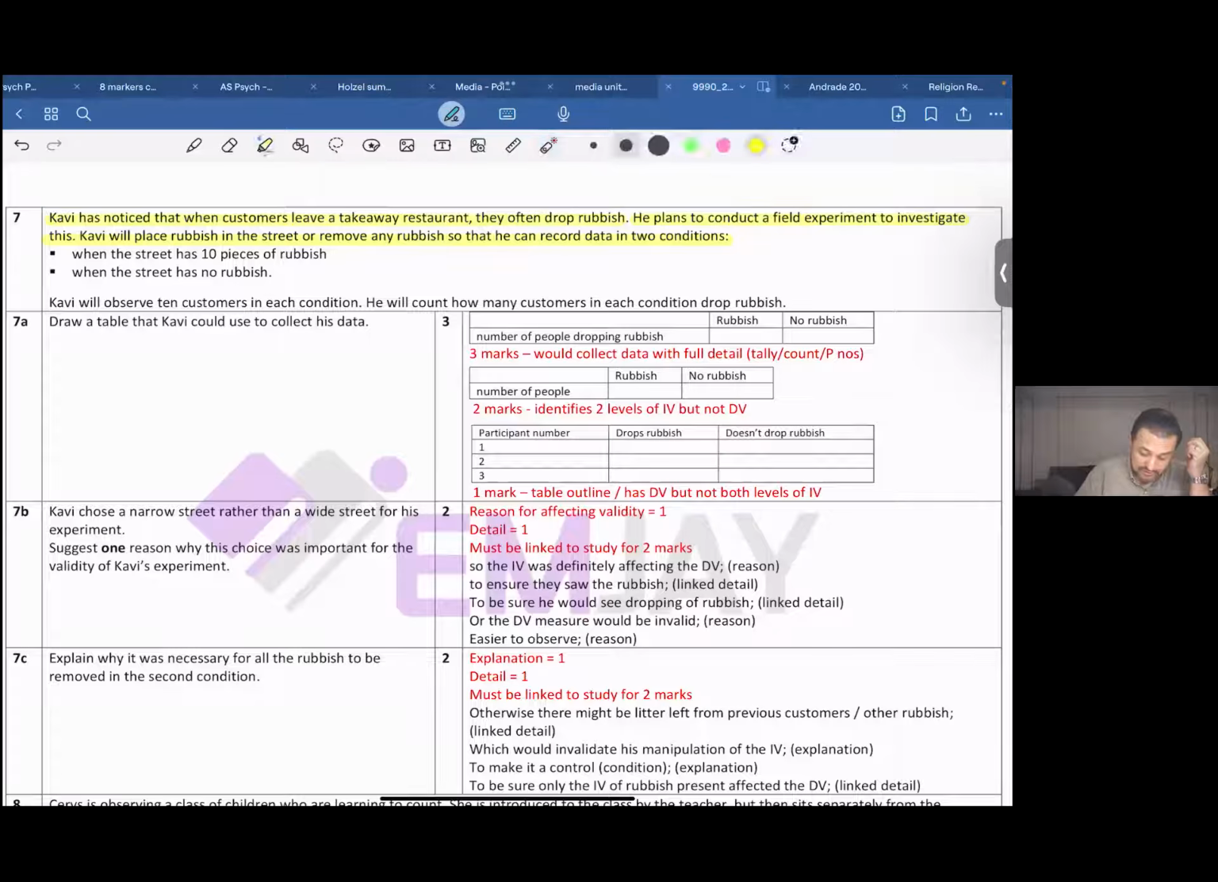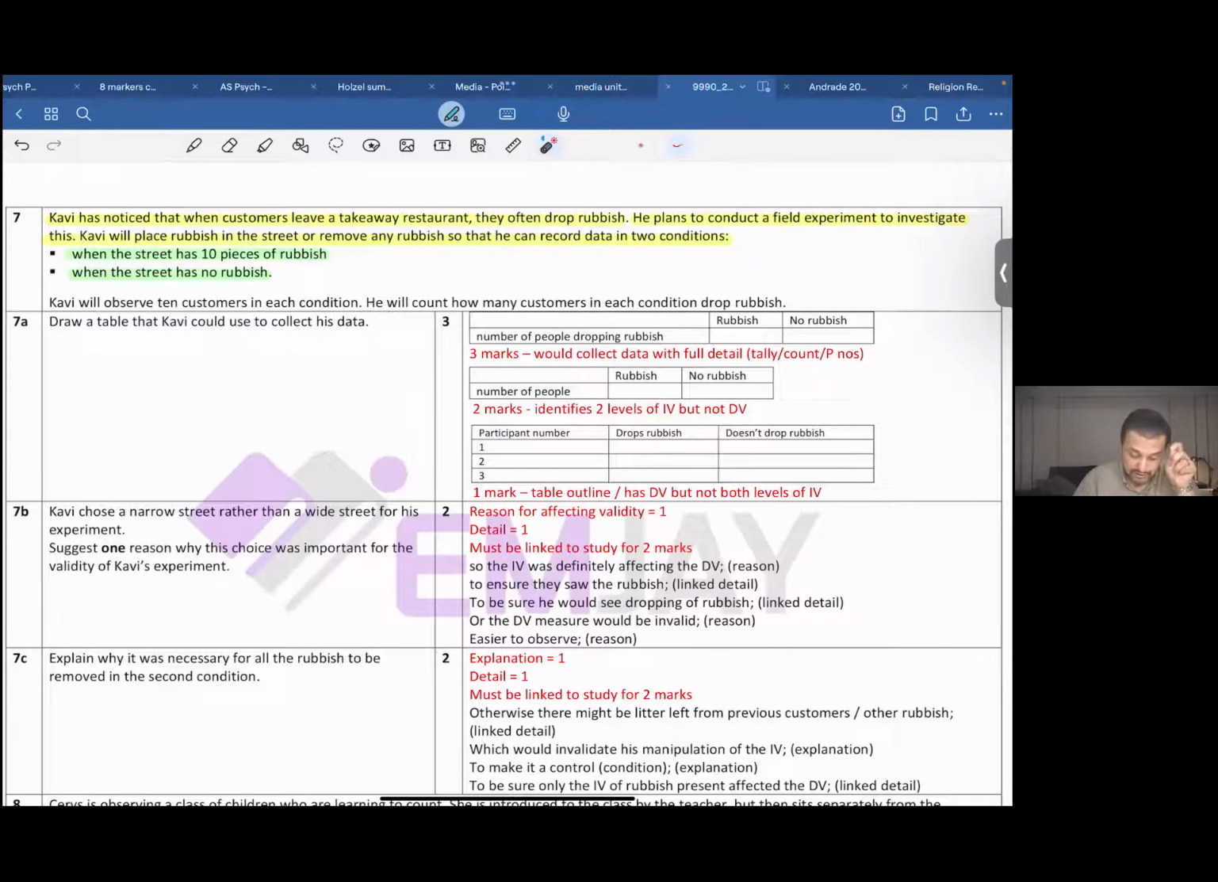Now, the 2 conditions over here are, number 1, when the street has 10 pieces of rubbish. The first condition. The second level of the IV over here is when the street has no rubbish, right? So Kavi has noticed that when customers leave a takeaway restaurant, they often drop rubbish. He plans to conduct a field experiment, right? To investigate this. Kavi will place rubbish in the street or remove any rubbish so that he can record data